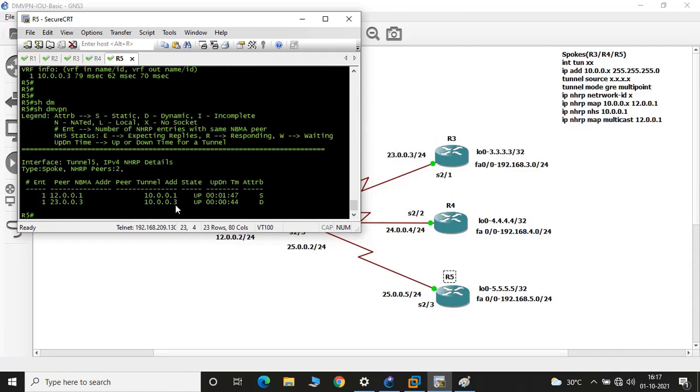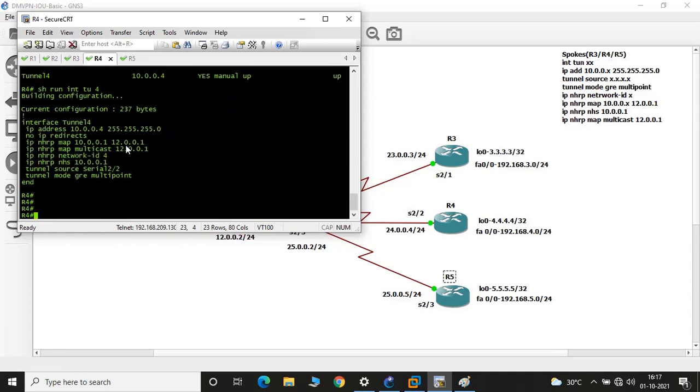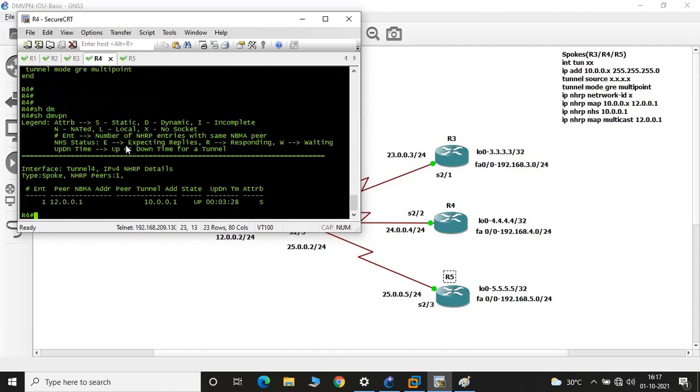You will be seeing you are having two tunnels here only with the help of these peer IPs. And similarly, if you go to R4, you will be seeing R4 is having 12.0.0.1, which is a WAN public IP, and it is having a peer here, 10.0.0.1 tunnel.